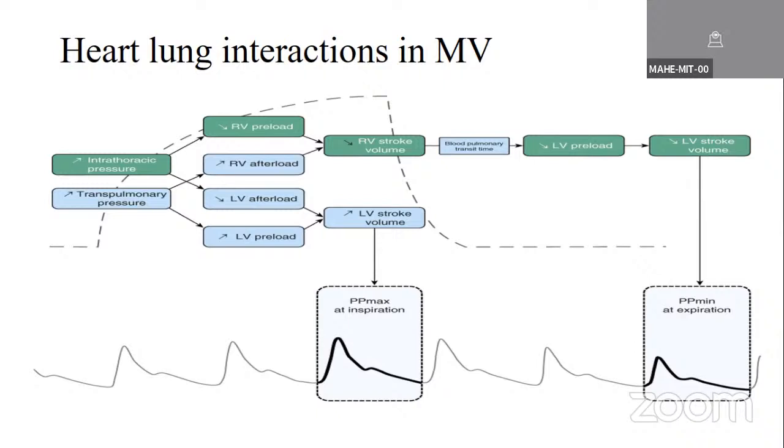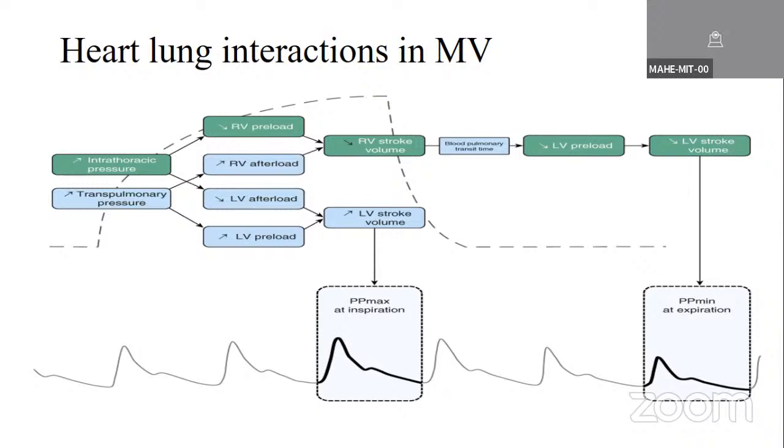Right ventricular stroke volume is decreased at the end of inspiration. But because of increased transpulmonary pressure, the RV afterload is increased. So both decreased RV preload and increased RV afterload can cause decreased RV stroke volume at the end of